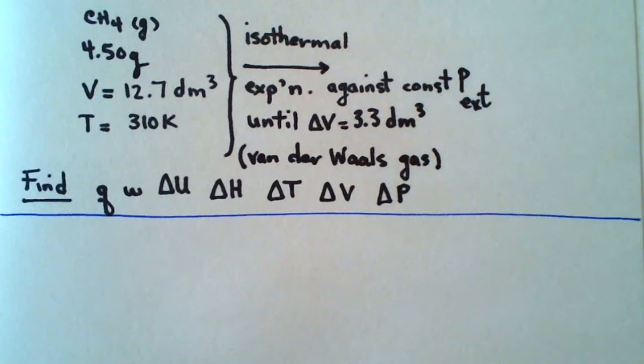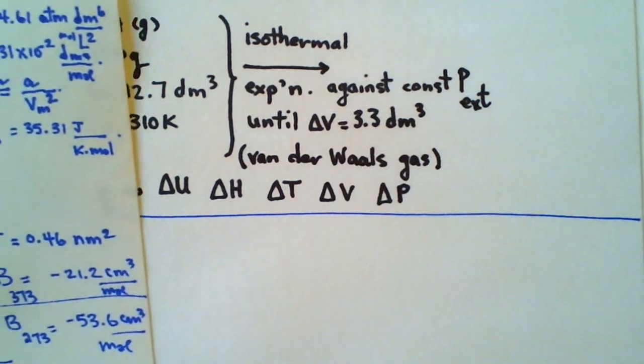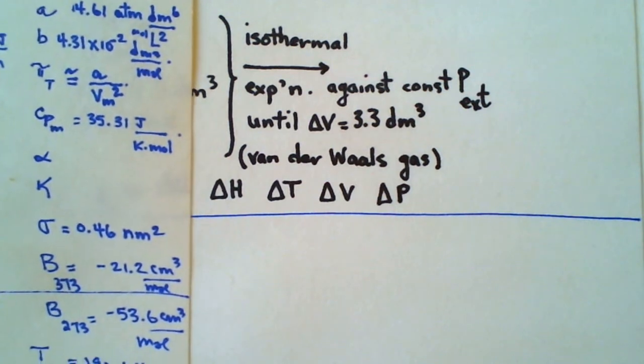But the gas is not behaving as a perfect gas, so anywhere in the past where we've made the assumption that PV is equal to nRT is not applicable here. The gas is a van der Waals gas. And so we should be consulting a data sheet, and I've gone and collected some information here on this gas,